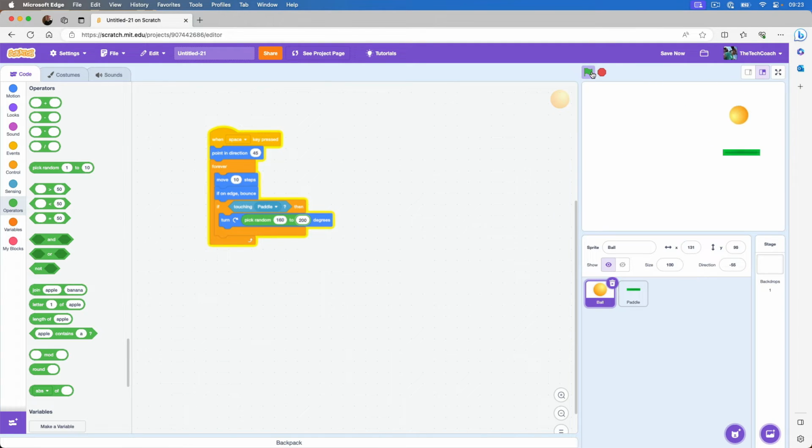Okay. Not bad. The goal of Pong is to see how long you can keep this ball bouncing off of the paddle. So we need something maybe here on the bottom or on the top. We're going to make a